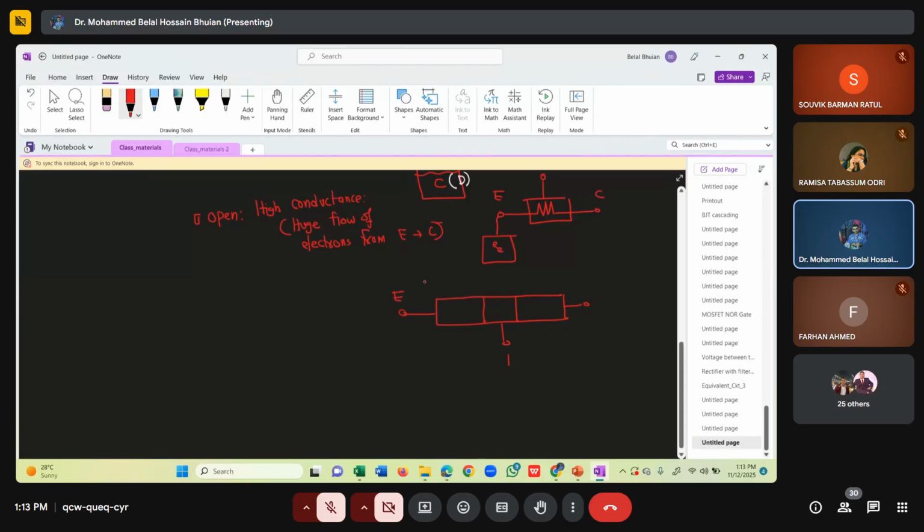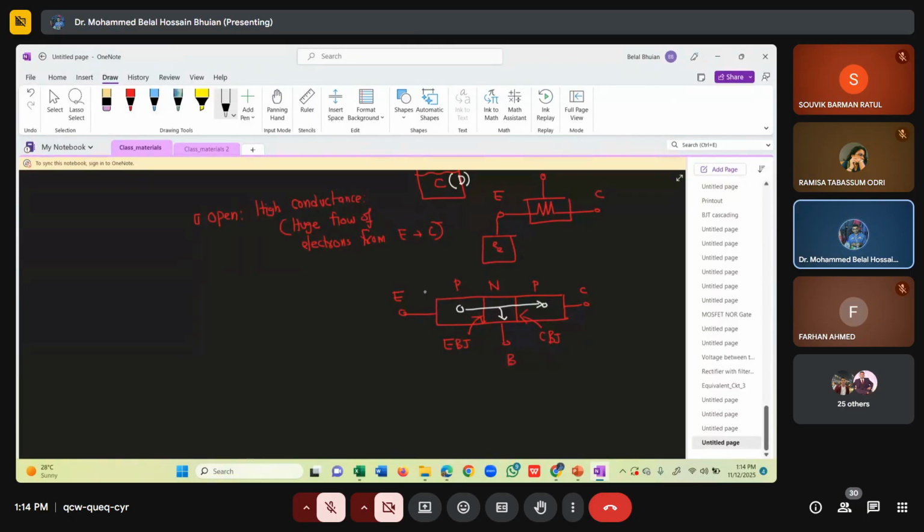Emitter, base, collector, P and P. Again, two junctions: emitter to base junction and collector to base junction. So here, the emitter emits holes, the collector collects holes, and the base controls the flow of electrons. So everything remains the same as in NPN. Only thing is that in NPN it is the electron which is emitted, and in PNP it is the hole